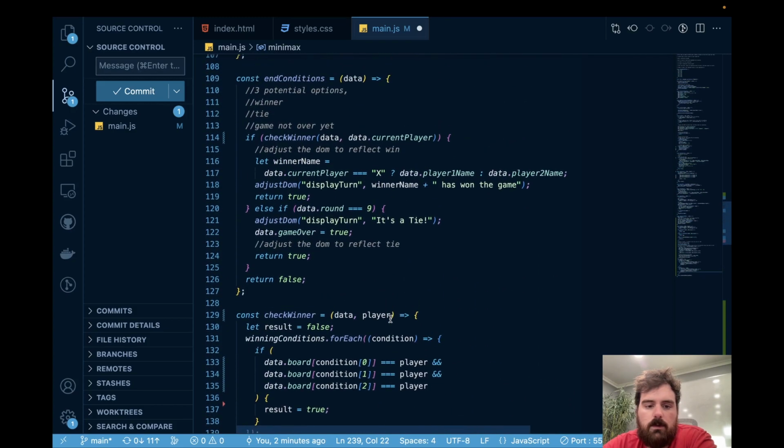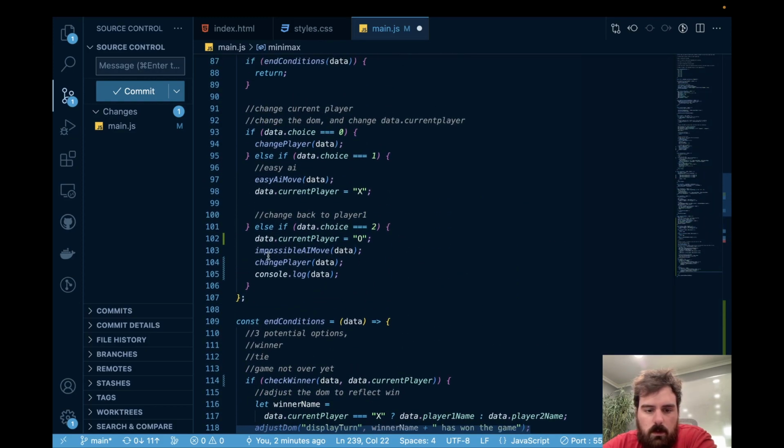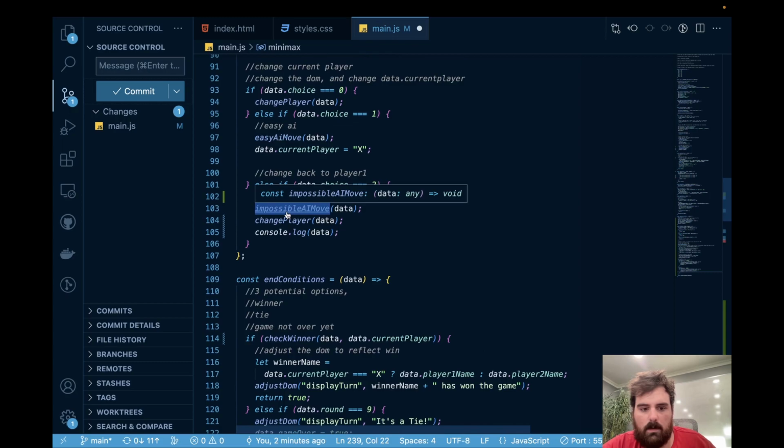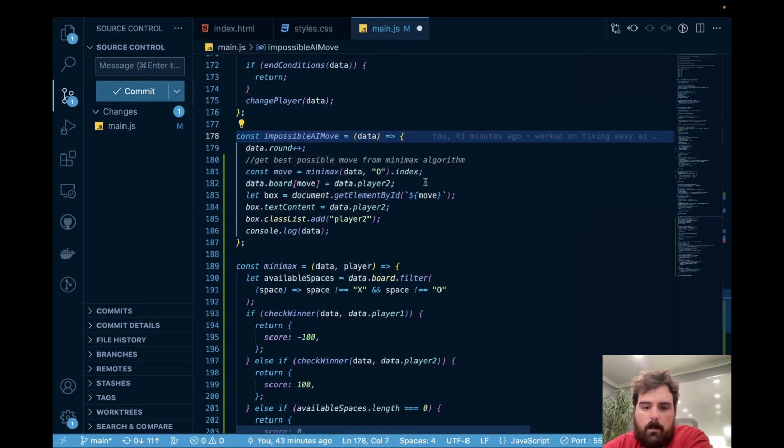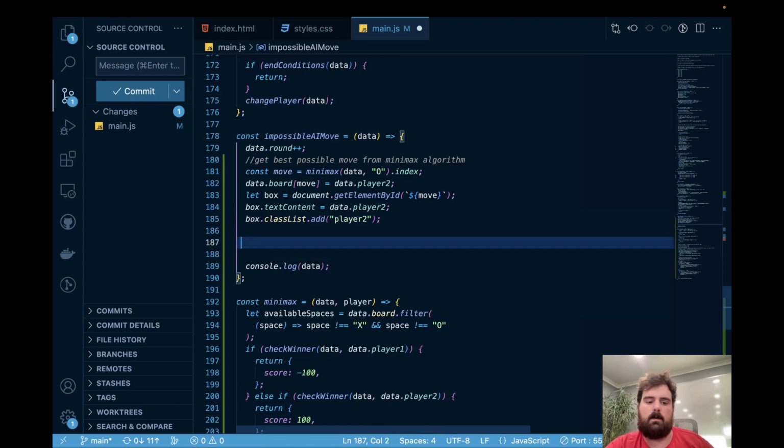We are going to put right here, possible move. So we get that move back, index. So we're going to say that's going to give us a number back. We're going to set that to an O. We're going to set the class list. Then we need to check if check winner data